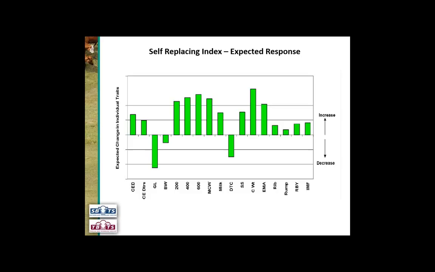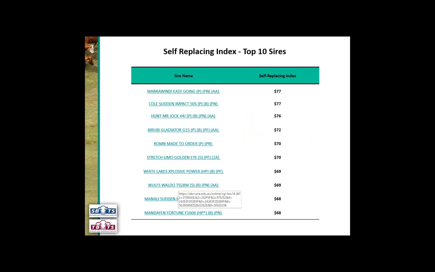So this green graph is taking into account exactly what the index does and says, well, even though you, for example, mightn't really want mature cow weight to go up, because you're selecting on these growth traits, mature cow weight's going to go up anyway because of its correlation with these growth traits. I hope that's not too confusing, but I'm going to give you another example, which is, sorry, before I do that,